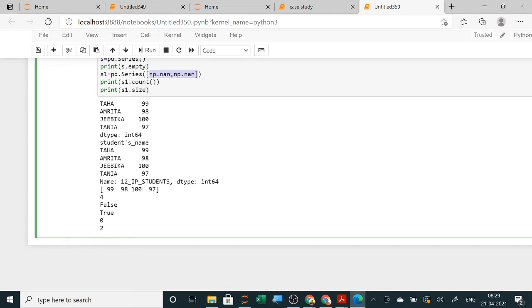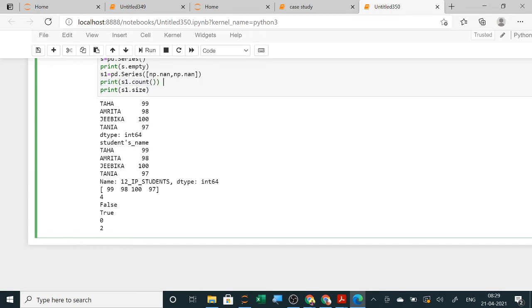So if in the question paper it is asked to count all the values including the null values, then you will use size, the S1 dot size attribute. If they have asked to count all the values excluding the null values, then you will use count.